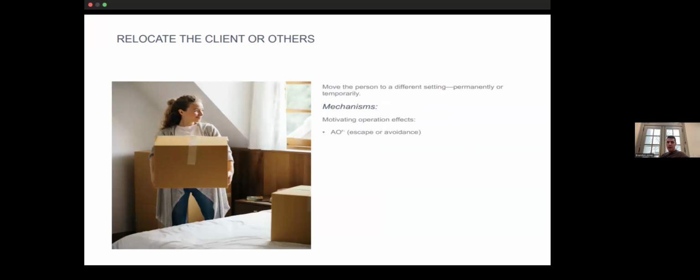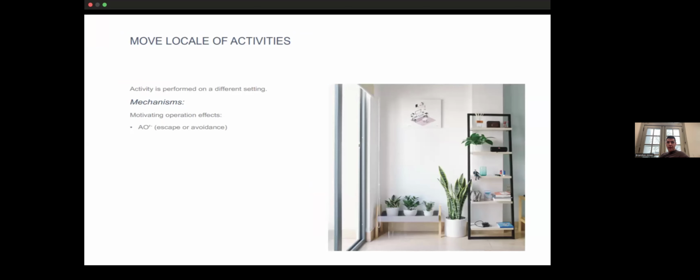This kind of reminds me of freshening up the environment. Maybe bring them to a break room or some quiet room where they could calm down. This might also abolish the need to escape or avoid a task. Move the actual location of the activity. The activity is the same, but it's in different environments too. Again, that kind of destroys the need to escape or avoid something. I feel like it keeps things fresh too. It's like I go to the gym, I go to the same gym, the same machine. Or I go to a different gym, or I try a different machine. I'm still at the workout place, it's just a different area too.